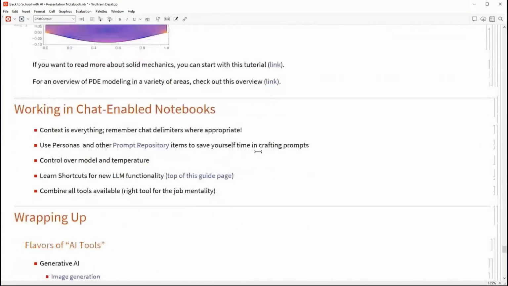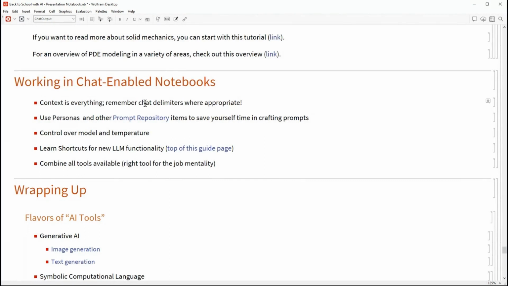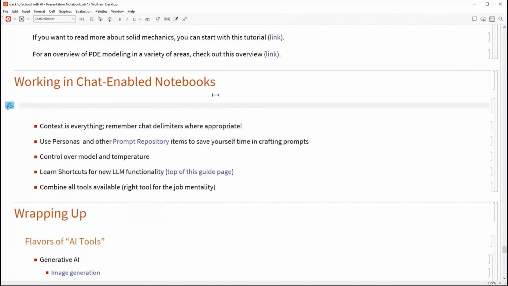Okay, so as we wrap up, let's go over some things about working in chat-enabled notebooks that hopefully you've seen some examples of as we've gone. Now, we want to remember that context is everything to these models. So include these chat delimiters. Again, depending on your keyboard setup, they might be in slightly different places, but they look like this